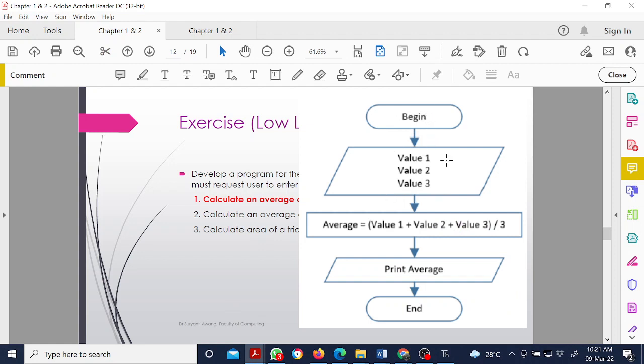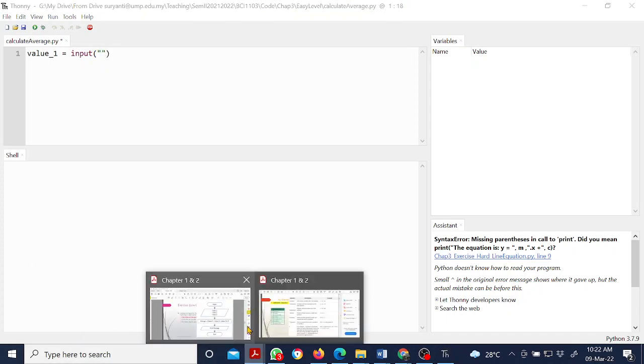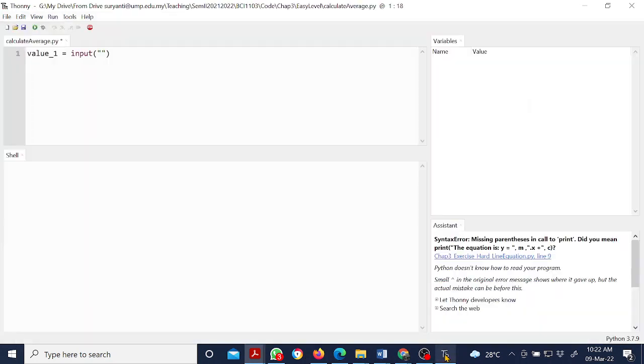Okay, so now we must have these 3 inputs. So first what we need to do is we need to have our variable. So our variable, let's say I put here value 1. Or you want to do like this pun boleh, ataupun awak nak letak value while 1 pun boleh, tak ada masalah. Okay, so now I want to put my variable name as value underscore 1. Okay, equal to, so our syntax for input is input, right? Input bracket, inside here is our instruction to the user. So we want user to enter value 1, value 2 and value 3. So we put the instruction enter